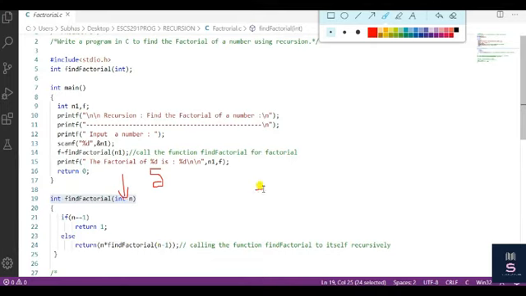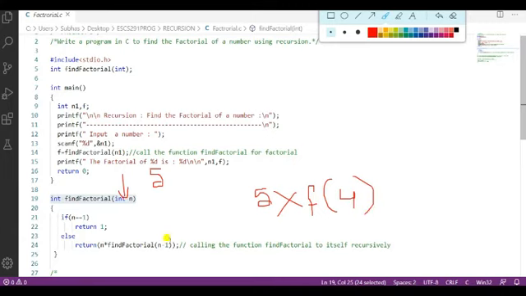So in this case 5 into, it will call find factorial again. I am just writing f in short. It will call with 4, so now the value of n is 4, and again it will call n into find factorial of n minus 1.